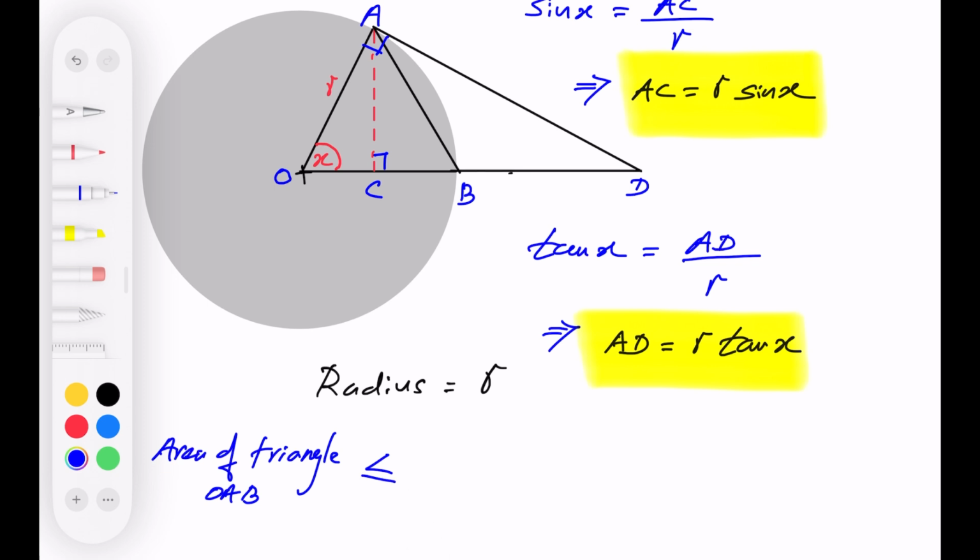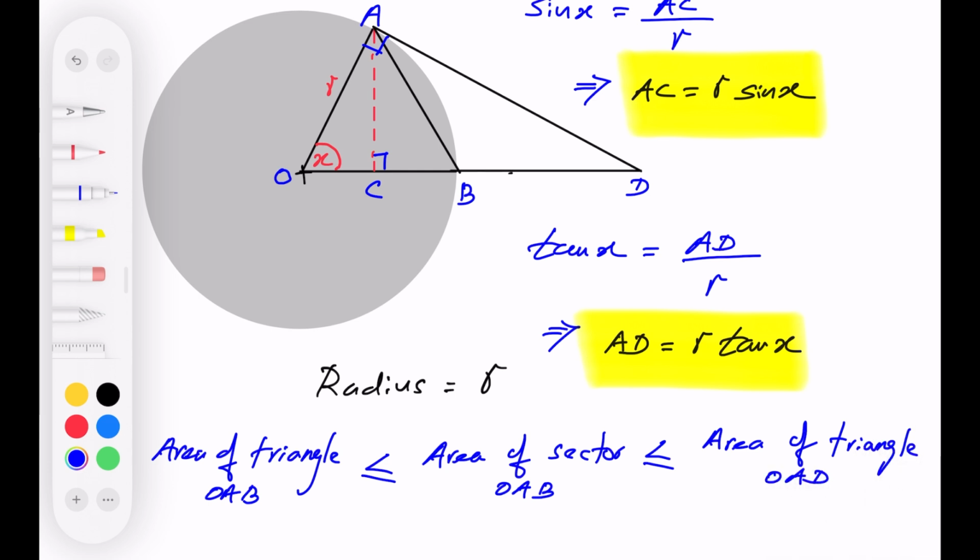Area of the sector OAB is larger than the area of the triangle OAB. And we know that the area of the triangle OAD is the largest. So let me write it down as that. Area of the triangle